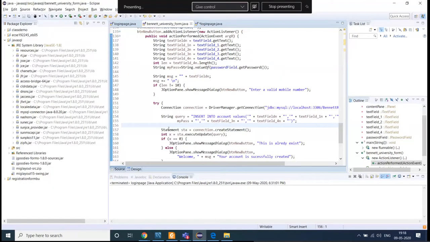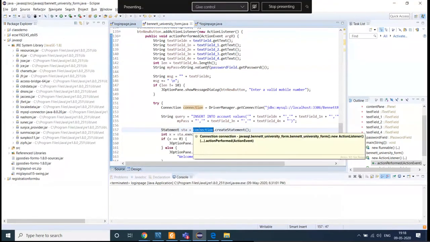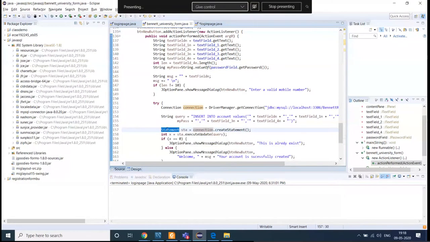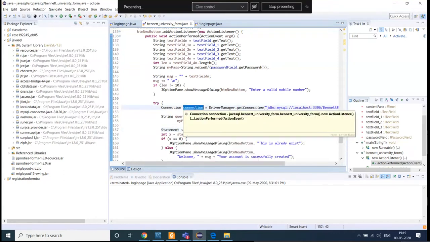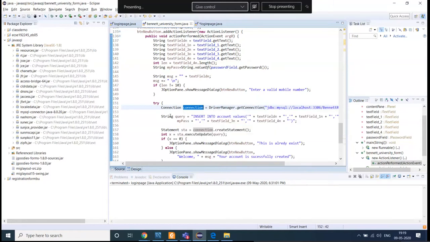So for that, we have created our statement object. As you already know, if you have a truck, you can assume your statement is the truck. If you want to go from your place to some other place, the truck needs a road. For the road there is an object, that is your connection method. So we have created a road also, through your connection reference pointer. Over there you can see this is holding this operation. So you are using this connection operation, and basically you are creating your statement.